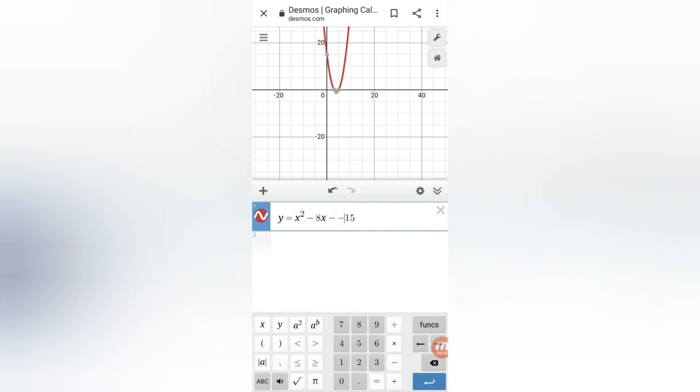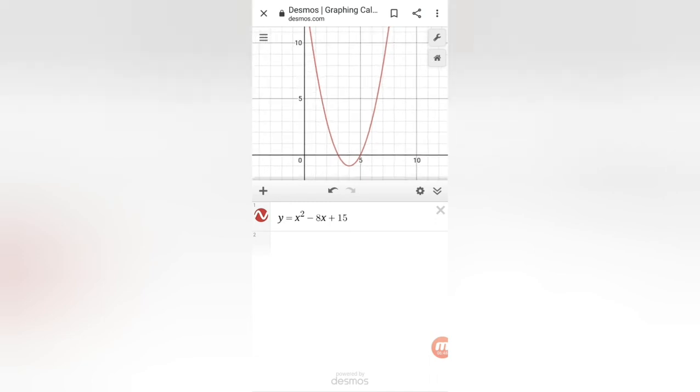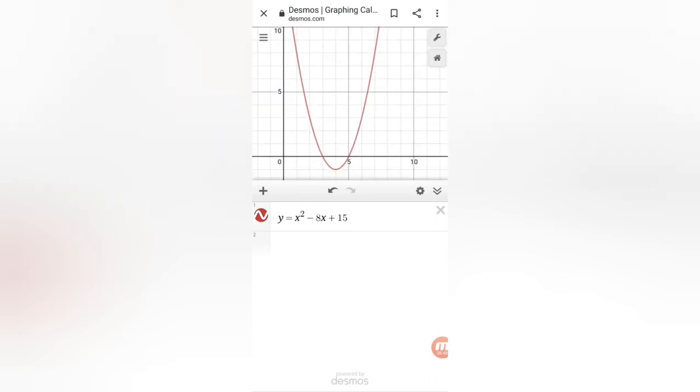Suppose now I change this value. I will just put a plus sign over here, and then I can see what values I can have, that is, if I put it like x square minus 8x plus 15, what change it makes. And then, according to your need, you can zoom in and zoom out, so you can see the point of intersection with the x-axis also. You will just click upon that and you will get the points of intersection as 5, 0 and here 3, 0. That means 5 and 3 are the two zeros of this quadratic polynomial.